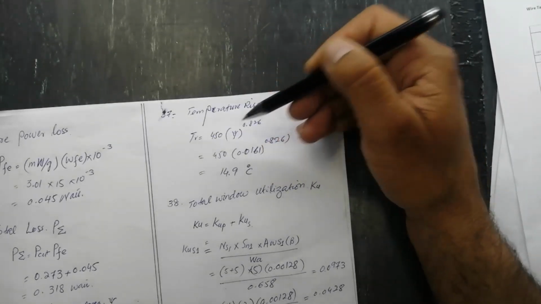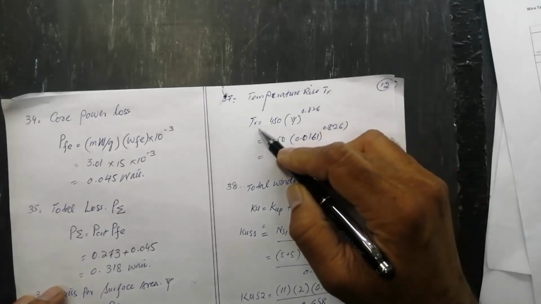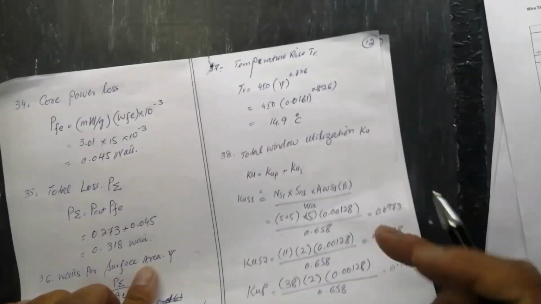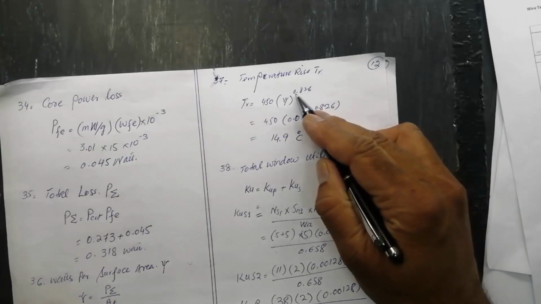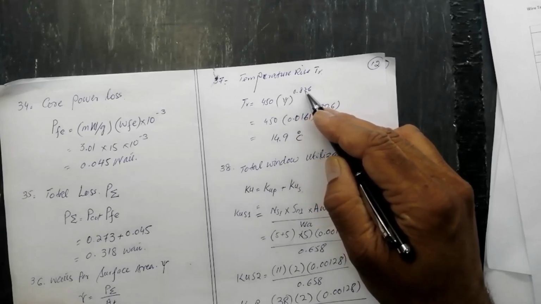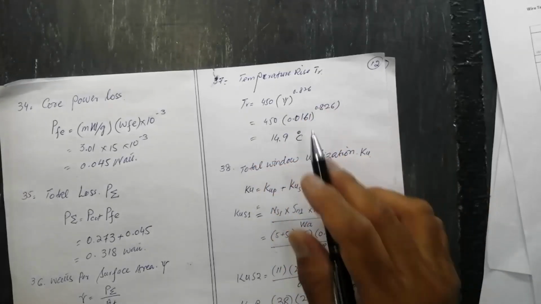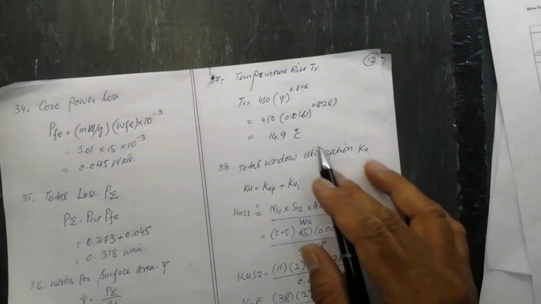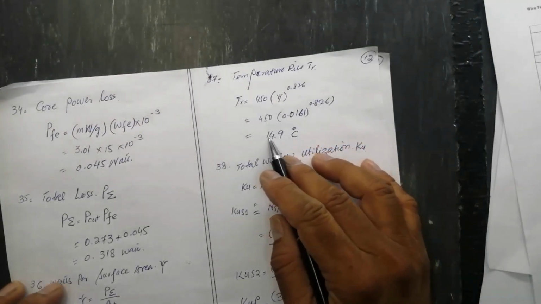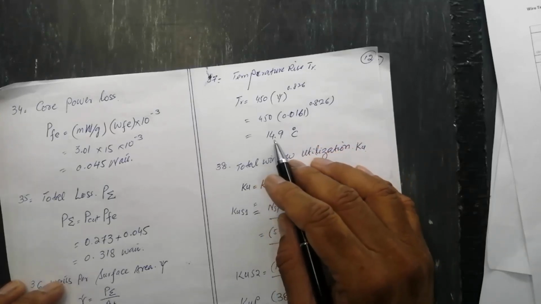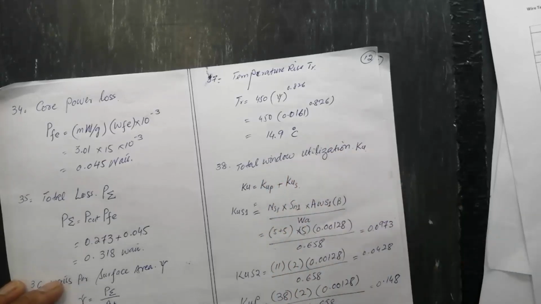Temperature rise will be calculated 450 multiplied by watts per surface area, and it will be raised to the power 0.826. 450, and our per unit area 0.016 watt per centimeter square. So the maximum temperature rise at full load will be 14.9 degrees centigrade. That is very safe. Our goal was